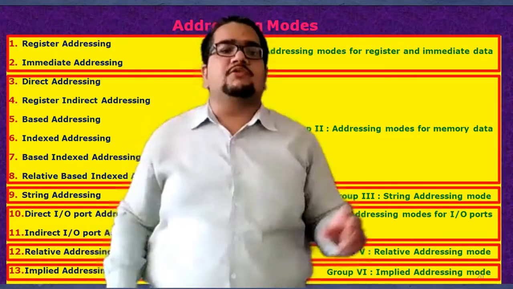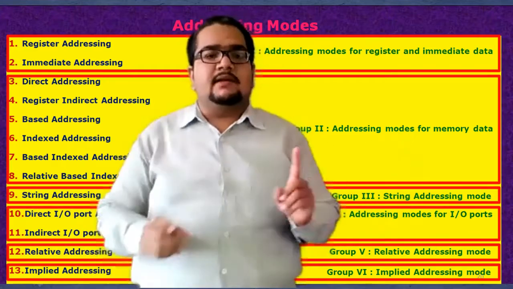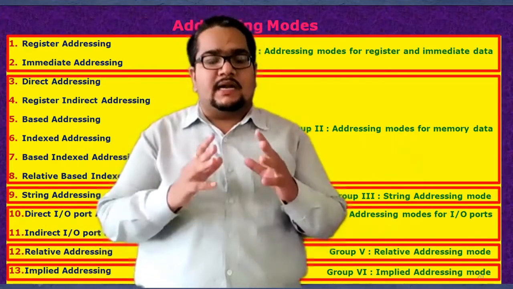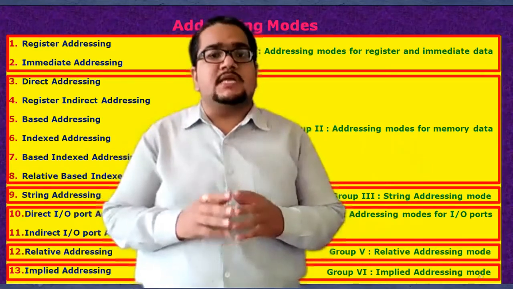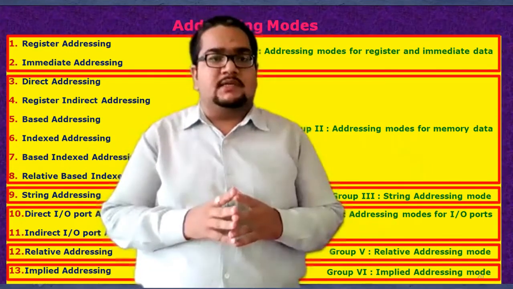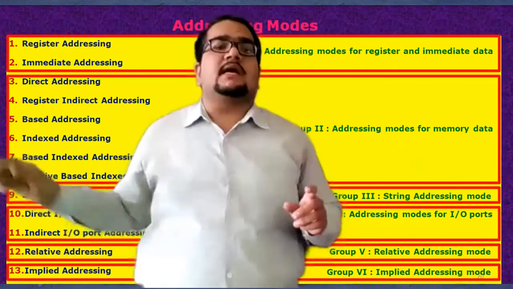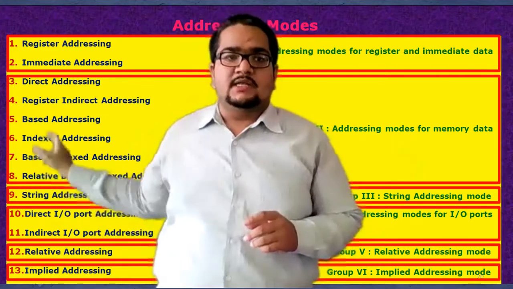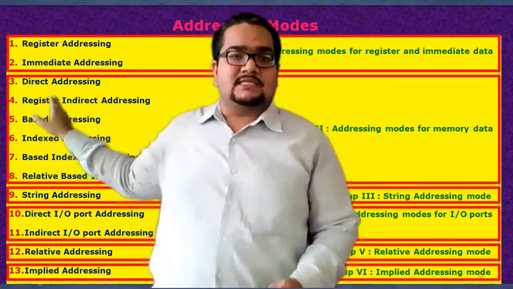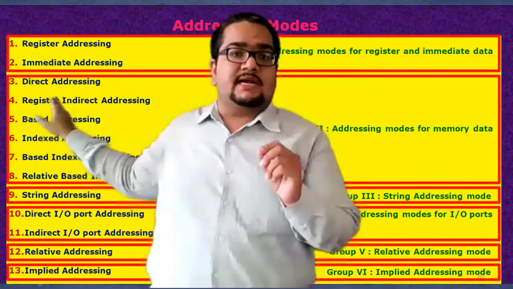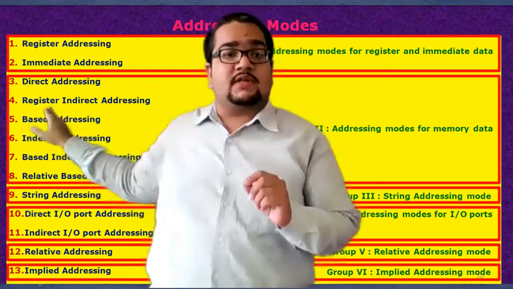Now in the second group, we have all these 6 different addressing modes. The second group is about the addressing of data which is stored in memory. So here in the instructions, we are accessing that memory location, and all the different ways in which we are accessing that memory location are these addressing modes. In the direct addressing mode, the memory address of the given data is given by its 16-bit address itself. In the second one, that memory address is located in one of the registers.